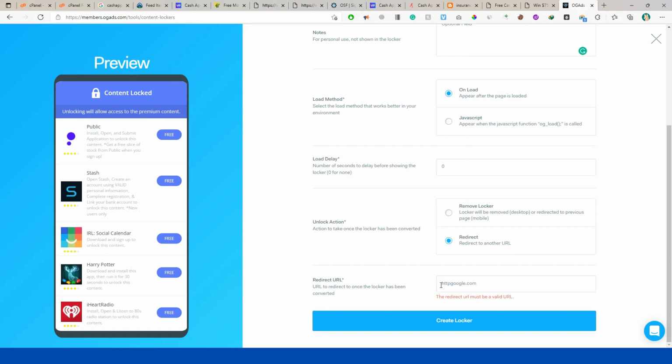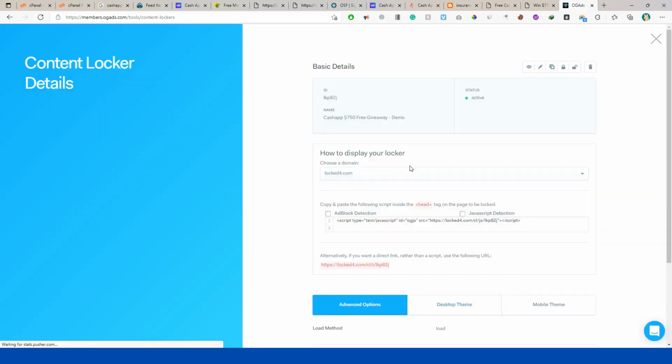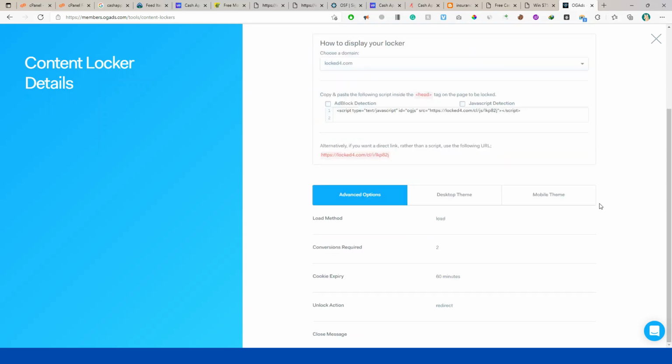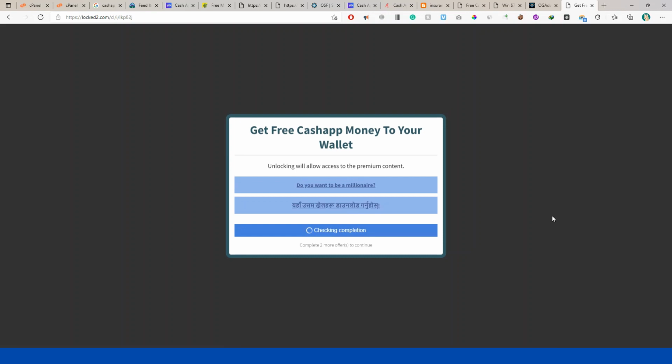The URL should be like https://. Okay, yeah, we have created our cash app link here. Okay, so we see our locker here, and our locker URL, we can change any of these. Okay, and this is the locker we recently made. Let's see how it looks. Yeah, okay,